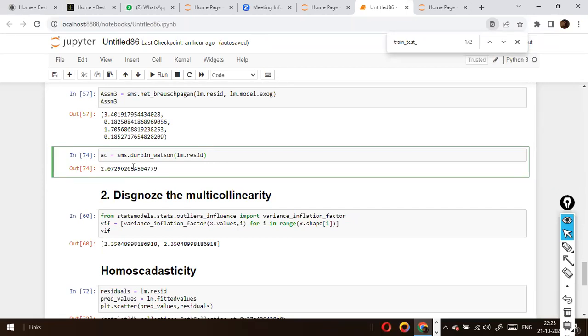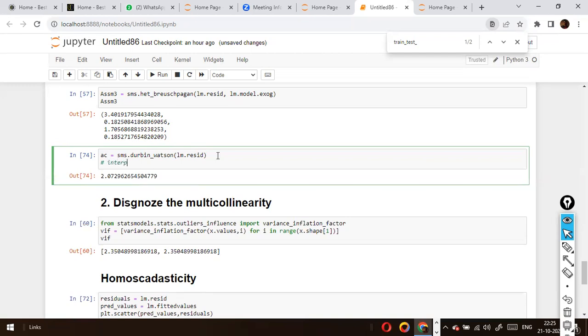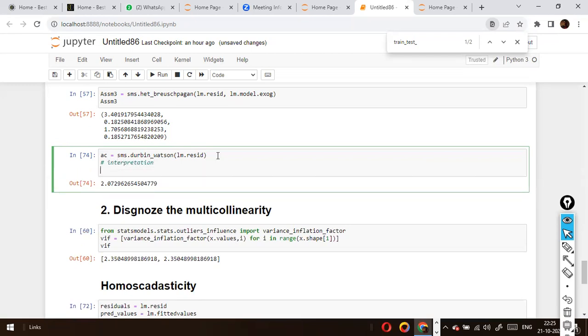If the p-value is less than alpha, alpha is there in our brain, right? So here, what I will do is SMS Durbin-Watson is correct only. Model.resid. Okay, in this case, how do we interpret this one? The interpretation is something else. It's not the p-value here. If the test statistic